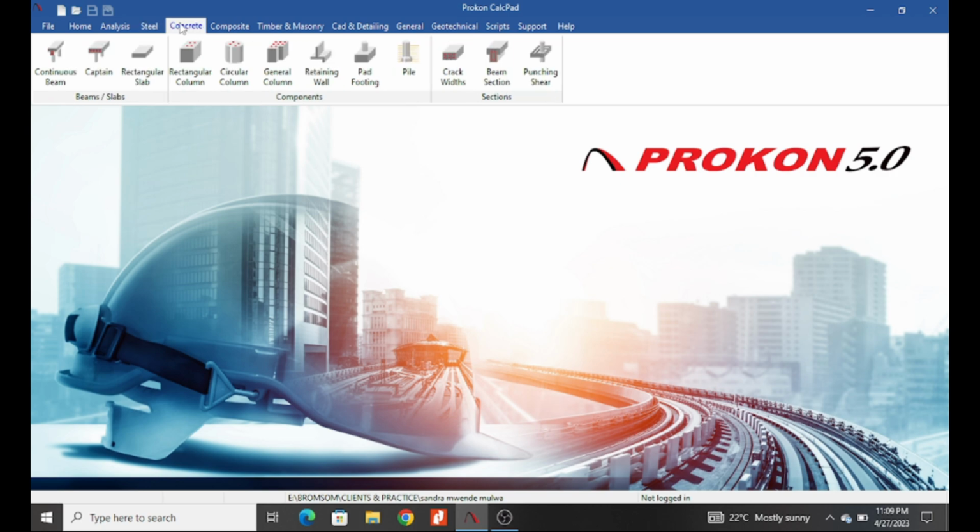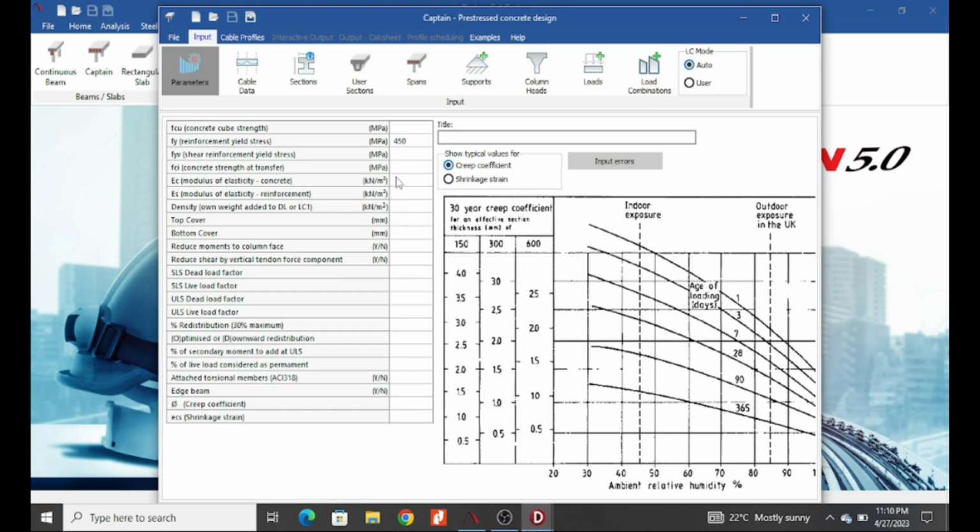This is the most commonly used because reinforced concrete structures are commonly acceptable and used in construction all over the world. So here you can do design of continuous beams, and then you can also do design of pre-stressed elements. Actually, this is very handy when you want to do things that are pre-stressed. You can see how it appears, including cables. And then let me close this.